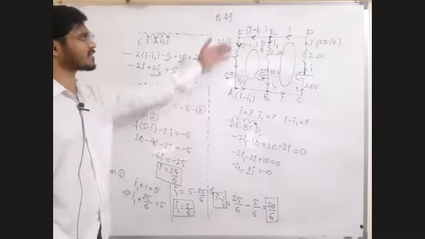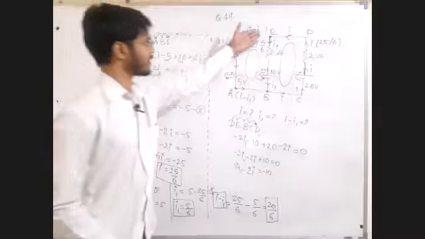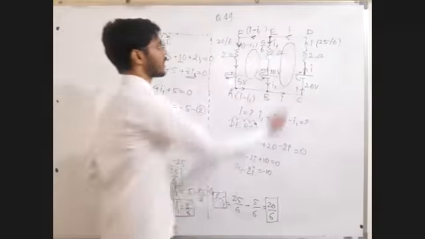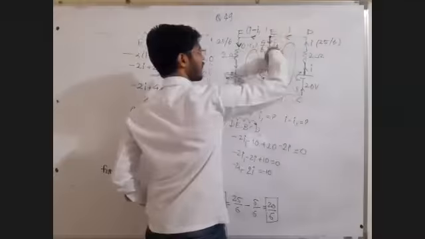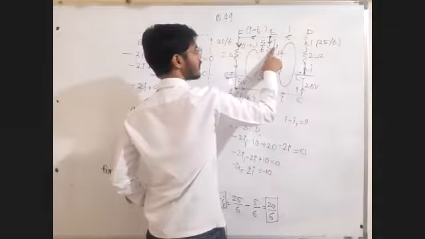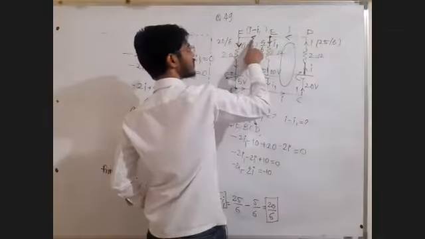Two equations, two unknown problem. Don't create any extra variable I2, make it I minus I1. Use Kirchhoff's current law. So this current is I1. Now you have created one more variable. Don't create another variable. Write it I minus I1.